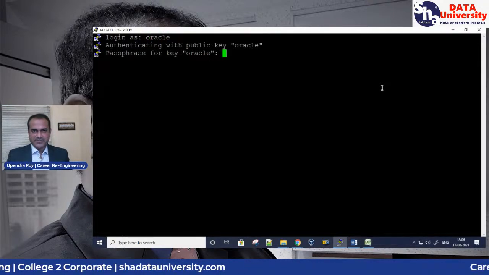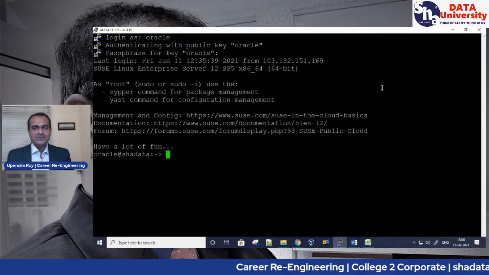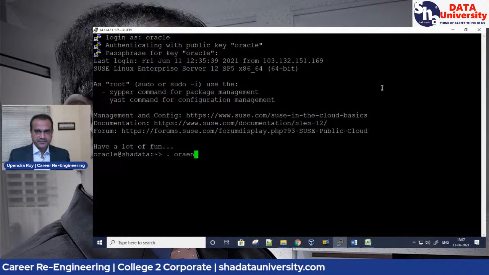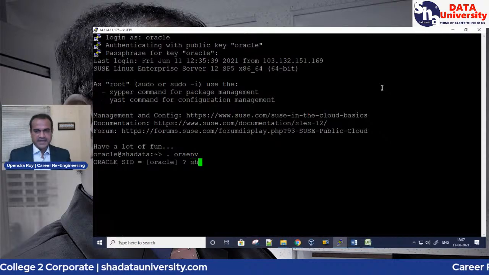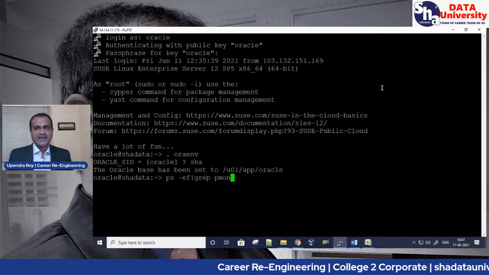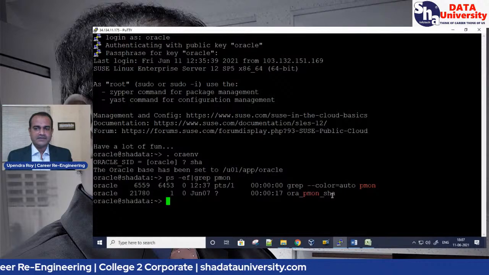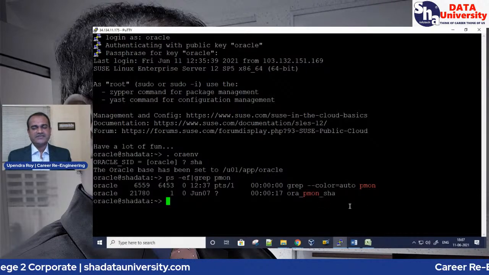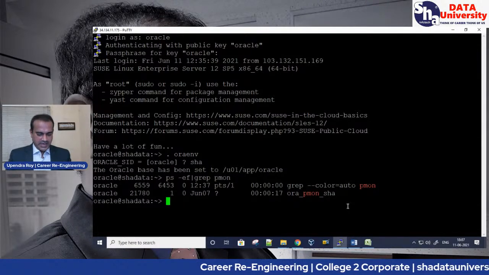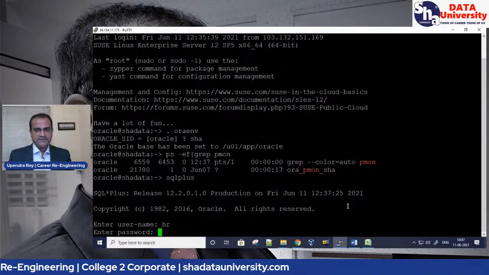Now we are all very much familiar with that. If you compare with the day 1 or day 2 session, you are now pretty comfortable with what I'm doing and why I'm doing it. So for env, then sh, then we have to check the process, because we are working on the server itself. We have checked already. This is the database, which version and so on, we have already gone through in the last couple of sessions. I'm not going to repeat that, and I'm going directly to the position where we will focus on